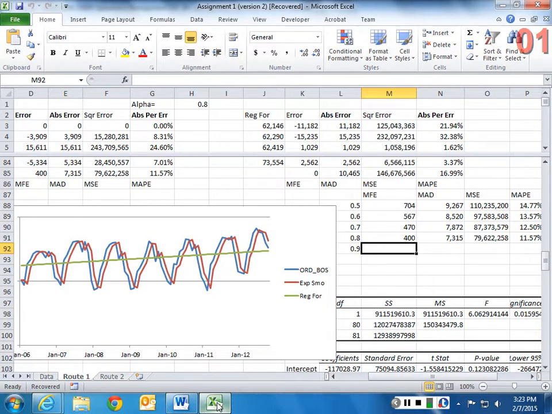Or we can remove seasonality, we can remove trend from the time series and then apply exponential smoothing. Without seasonality, without trend, exponential smoothing should be appropriate for the adjusted data set. Okay, so in this video I'm going to show you how to remove trend and seasonality from